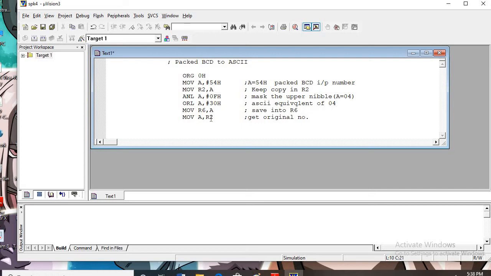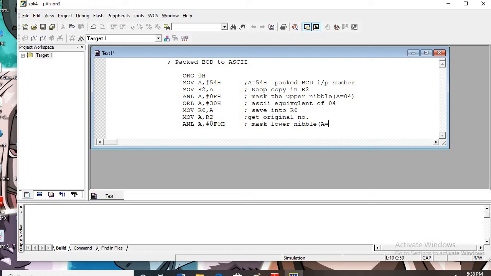And now what we have to do is AND logical again, ANL A, #0F0H, so that we keep the upper nibble and mask the lower nibble.